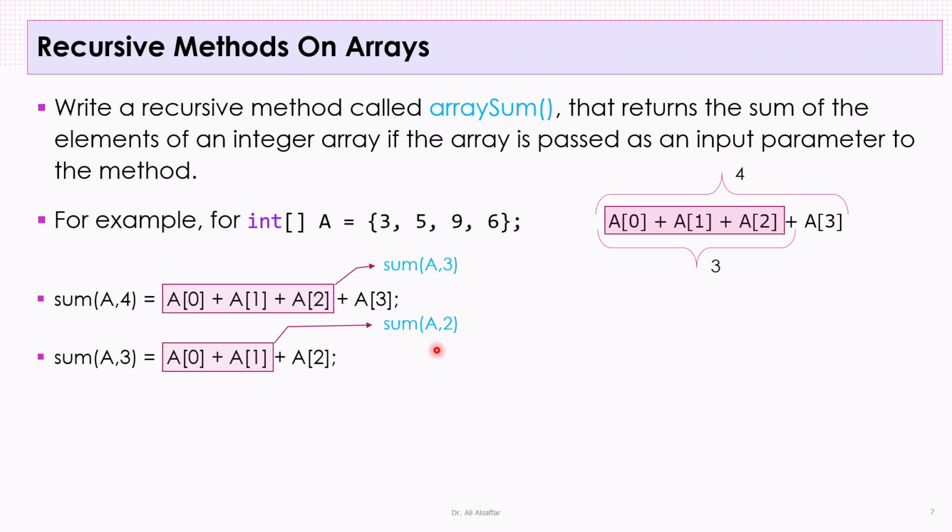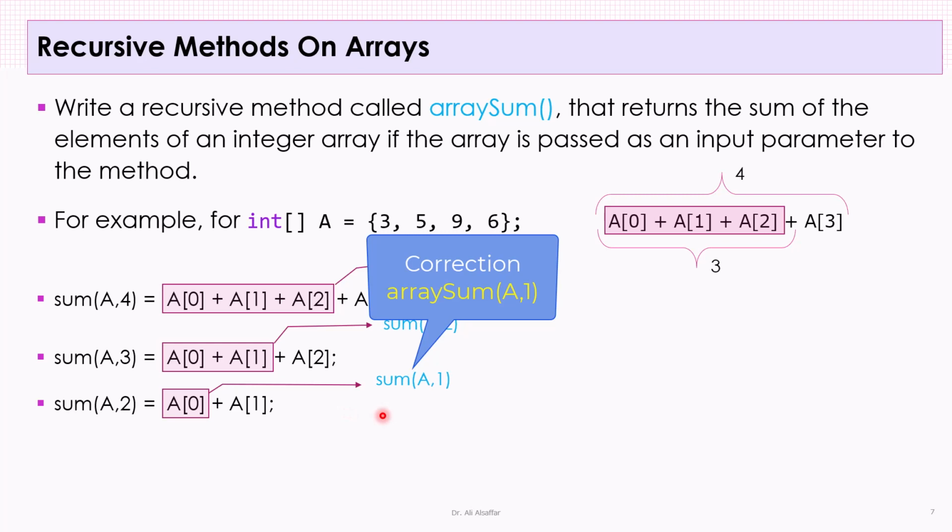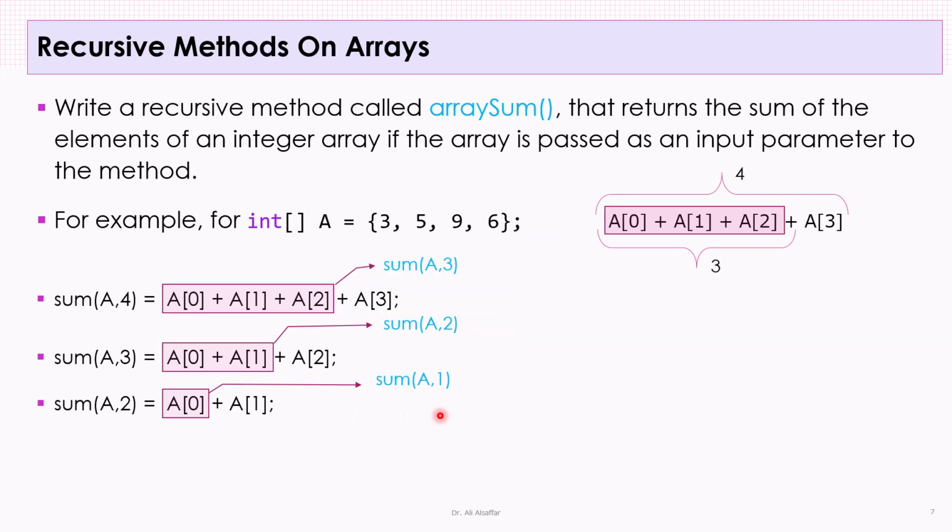And for calling the method with an array of size 2, it's going to return the sum of A0 plus A1. And if we have an array of size 2, then the last element will be at index 1. So A0 also can be obtained by calling the method, but this time with an array of size 1. And when we call the method with an array of size 1, we have only one element. Therefore, the method is supposed to return this only element without calling the method again recursively. Since the last call of the method did not call itself recursively, it is considered as the stopping condition